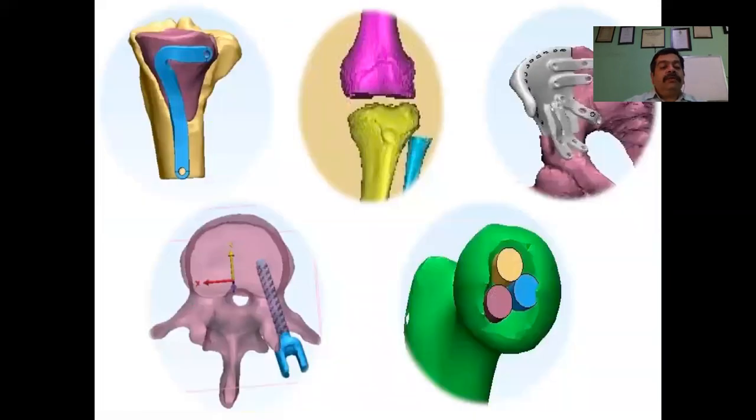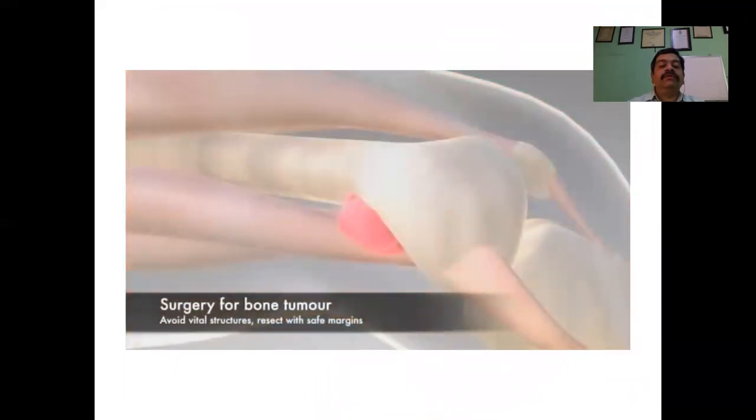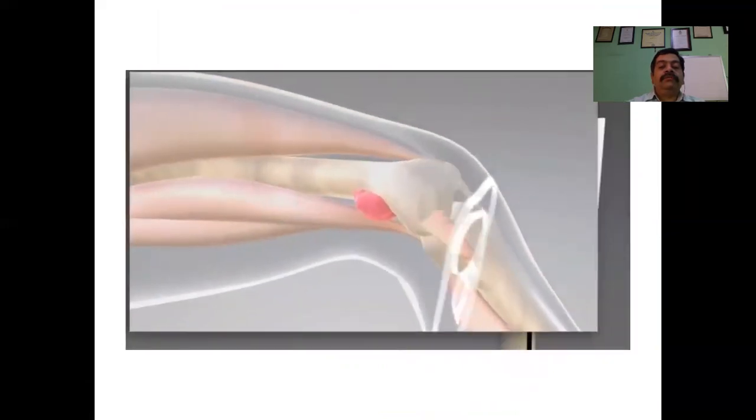The applications in today's day are immense in orthopedics, from planning of complex trauma to correction of deformities to creating customized solutions for bone tumors to placing pedicle screws through guided jigs which can be printed by 3D printing, to totally surgically simulate a surgery preoperatively, both virtually and on models, like in the chondroblastoma shown below. So here is a video which takes you further into the future, an example of a bone tumor in which